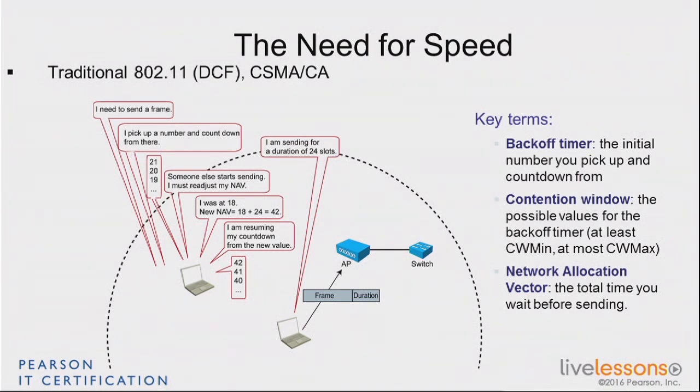And then there is something else, which is the NAV, or network allocation vector. This is the time you wait. And of course, you understand that the backoff timer and the NAV are pretty much the same thing, at least at the beginning. As soon as there is somebody else sending, well, your backoff timer, you picked it, it's a number, it's there. But your NAV, you're going to change it because you have to wait longer now, because you have to let that other frame pass. So although NAV and backoff timer may be identical at the beginning, as soon as you have a busy cell, the network allocation vector is going to be finally larger than what the backoff timer was. Those three terms, you have to know them very well. They are very important for the mechanics of the transmission.